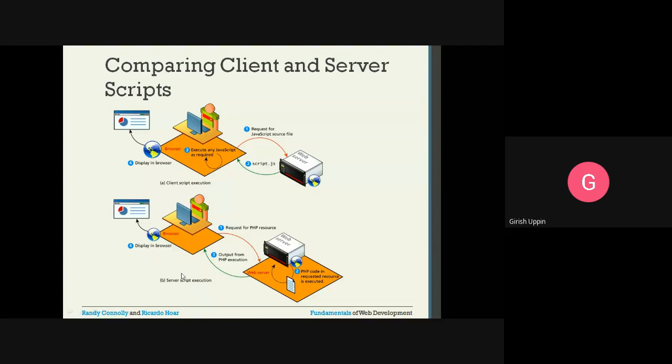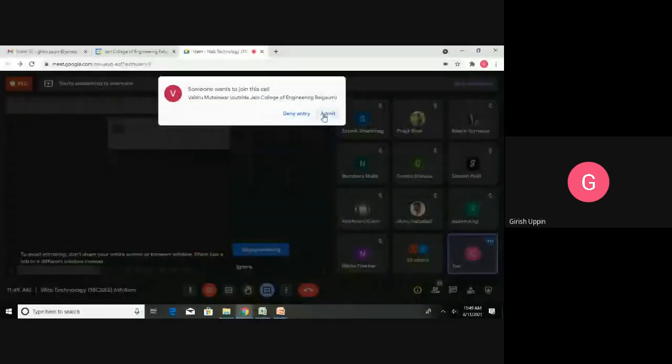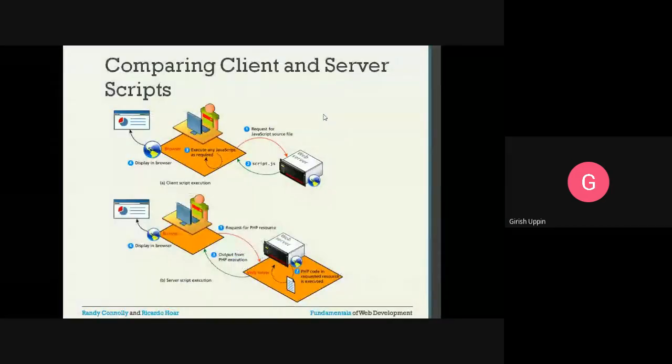This is server side scripting. Here the user requests a PHP resource. If you remember, when we studied forms, there we gave two important attributes. One is called method, one is called action. The method is get or post, and for action we provide the resource on the server, some kind of PHP file.